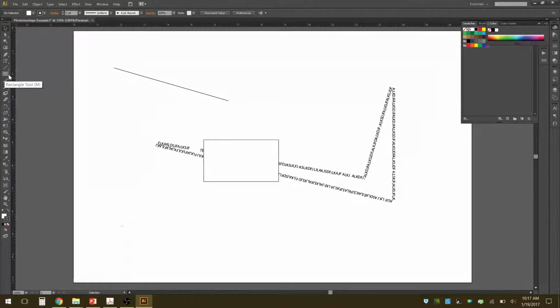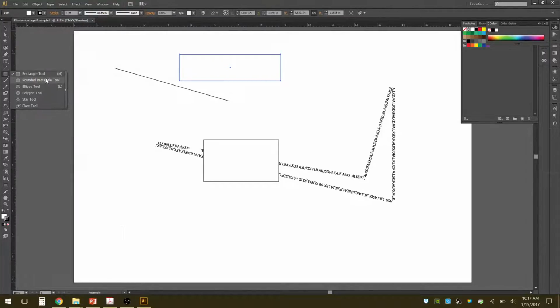Here are different shapes. So instead of marquee, it's an M similar to Photoshop, and that would get you to the rectangle tool. It's not a selection tool. It's to actually create shapes. And so you can create a rectangle and ellipses and those types of simple shapes. You can also